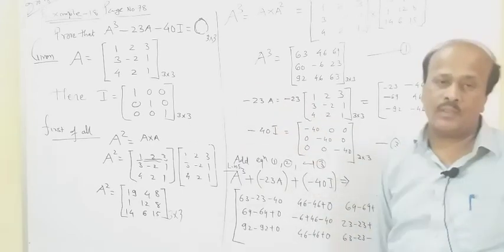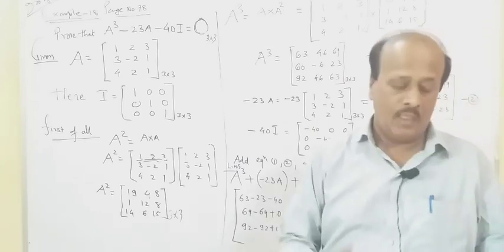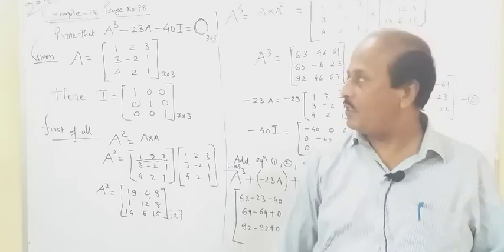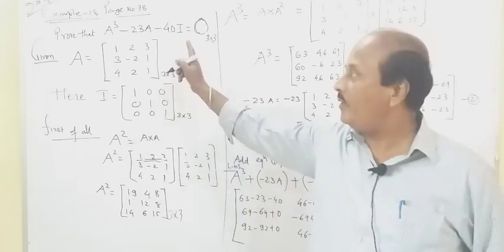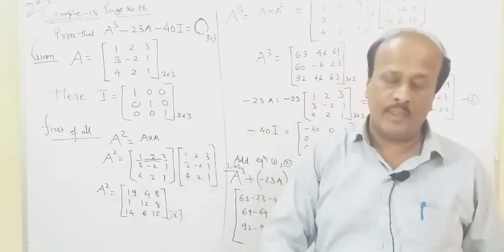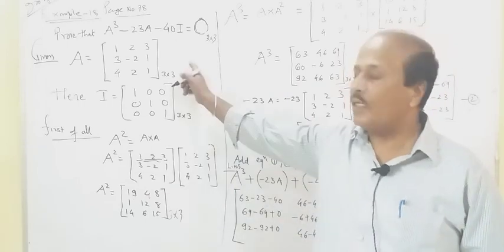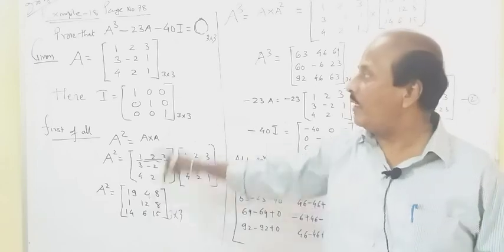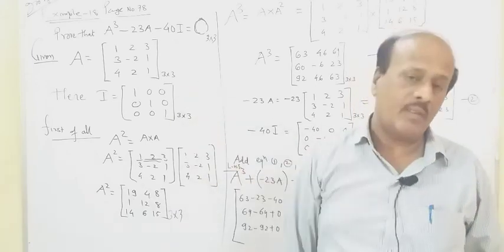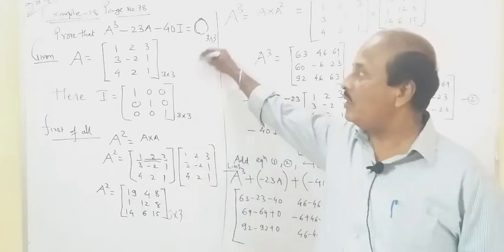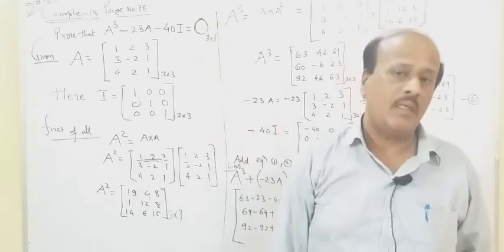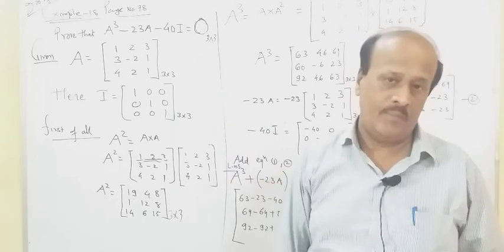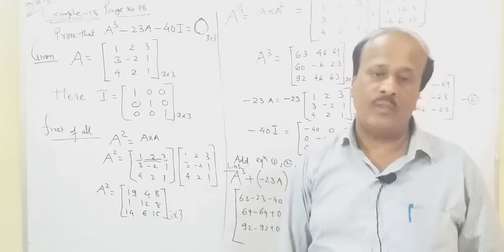A little bit of precaution is required in this type of multiplication. Here we use all the operations or properties of matrices. In this example we are using multiplication of matrices, addition and subtraction of matrices, and scalar multiplication of matrices. So in this question all the properties of matrices are included. This is the biggest question of this particular chapter. Some more questions we will do in our next session.